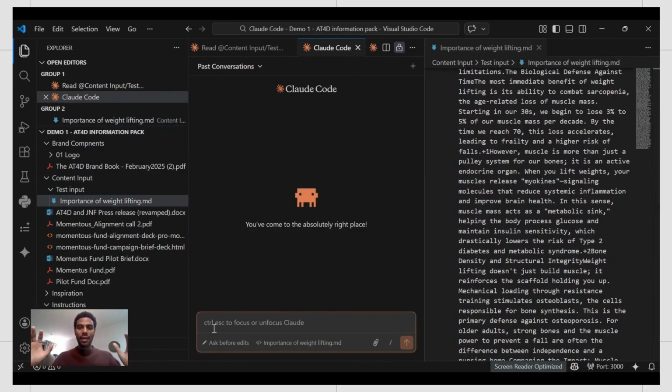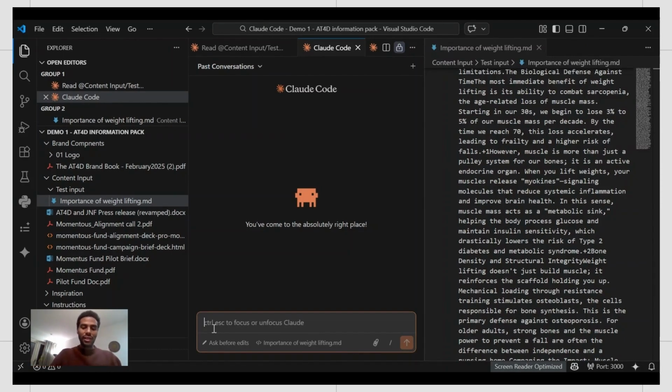Imagine this is a completely new document that I want to create. Let's say it's for the same brand, for AT4D, it's the same colors. Yes, it's a different document, but remember we have the context.md file, which is the structured instructions. So I can then create a new document, get it to that 85, 90, 95% done in almost